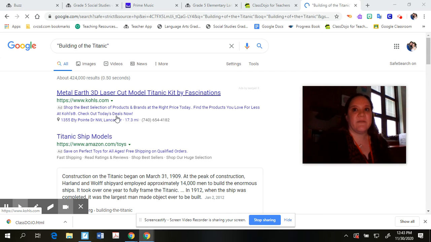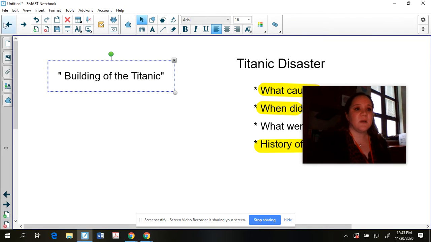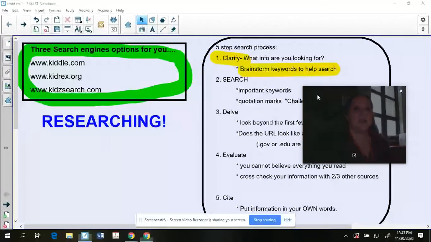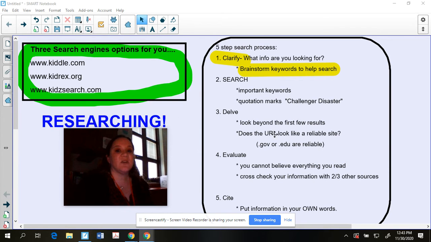You also want to be careful. Let me go back here. You also want to be careful with what the URL looks like. Does it look reliable? If it says .gov and .edu, chances are it's a pretty reliable source, because that means it's a government site or it's an education site. So those are really kind of important. You want to think about, okay, does the URL have gov or does it have edu? So if I go back